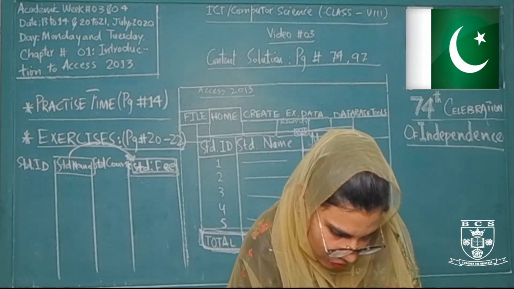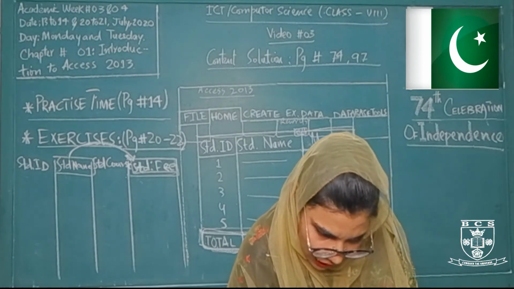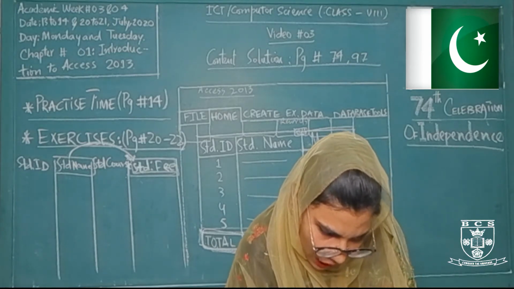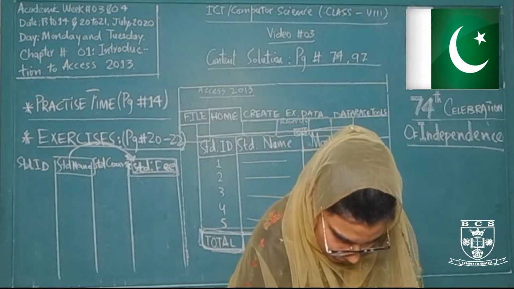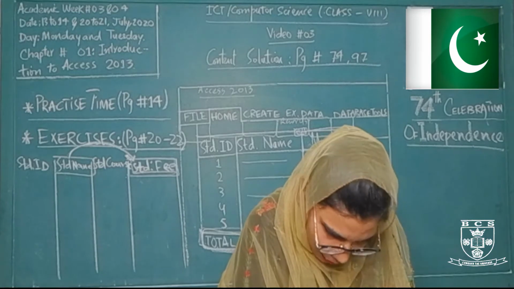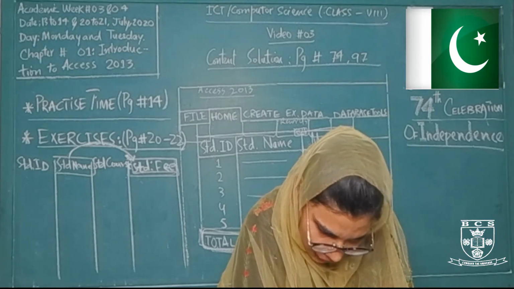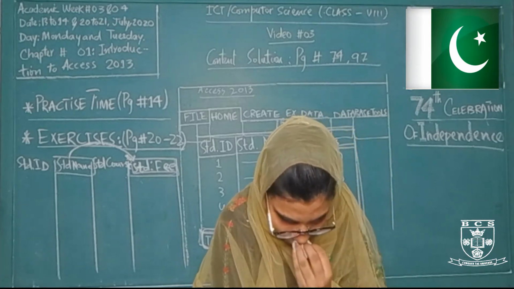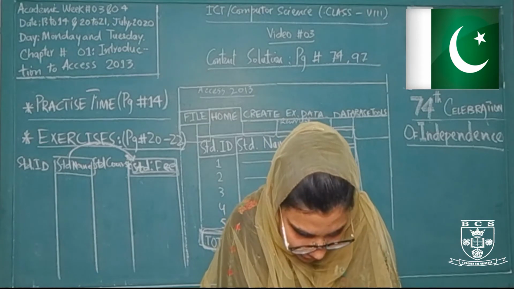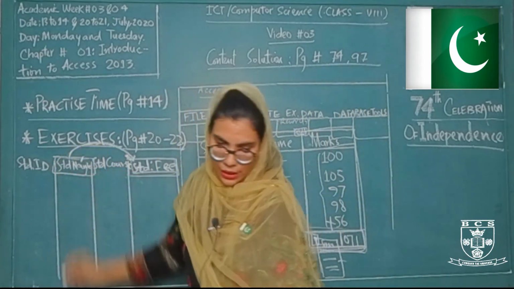Now in task 3 we have to hide the field student name and then unhide it. So in task number 3 we will understand how we hide or unhide the different fields. Yes, this is your solution number 4. To hide the field student name, there are two different steps. Step A, click the column header. This is your student name. You will click here, and as you click, it will be selected.